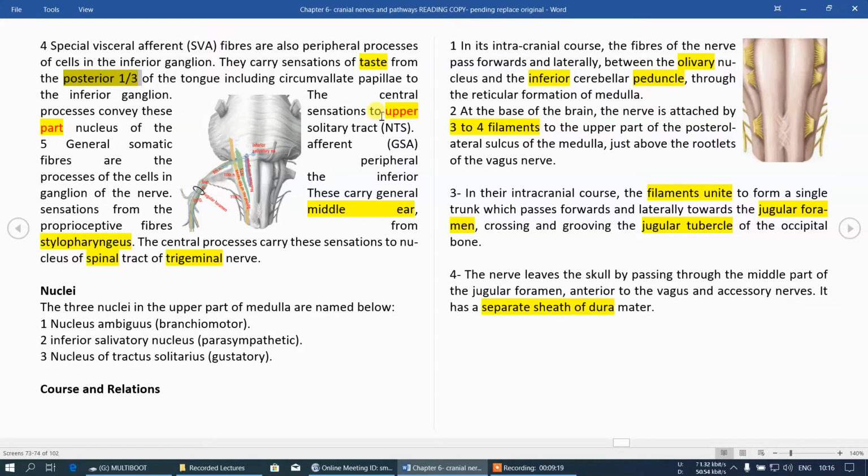You should read the nerve supply and anatomy of the tongue. You should revise all muscles and all papillae, and then you should read the 9th and 12th cranial nerves. Together with this, you should revise the branches of the facial nerve, that is chorda tympani, and the mandibular nerve branch, that is lingual nerve. All these nerves and the whole tongue you should read first, and then read the 9th and 12th cranial nerves to better understand.